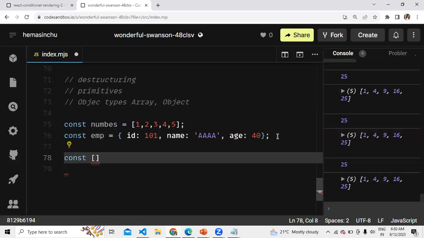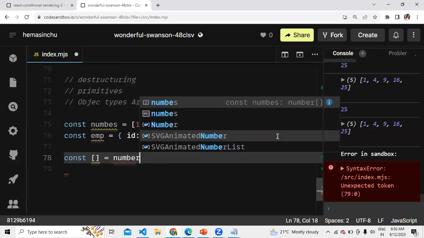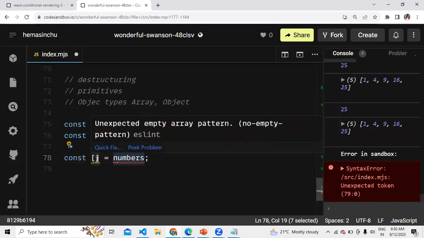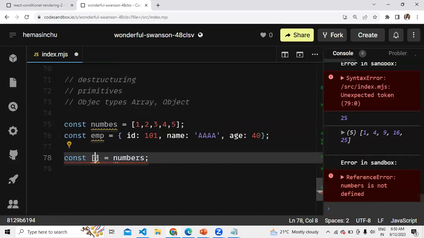Now in terms of destructuring, let's say I want to destructure an array. Since the right side is an array, I have to use the array square brackets for destructuring, based on the variable type.